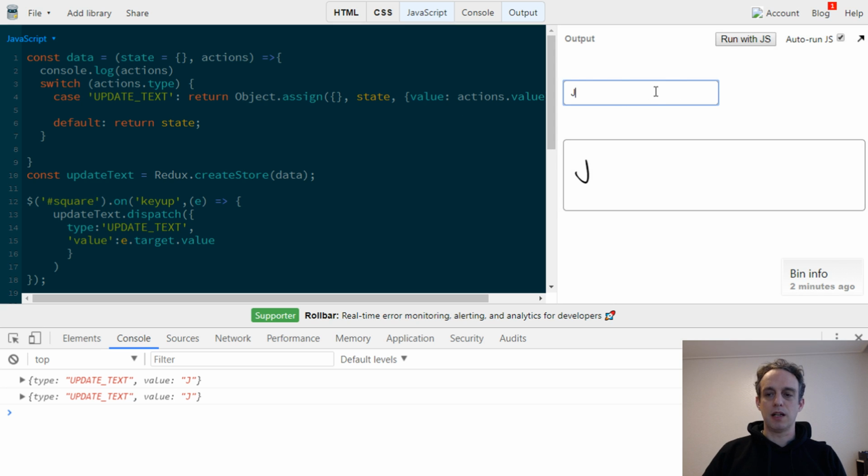This input box here has an ID of square, and then on key up is listening for an on key up. After that, there's a callback function with E passed into it. And then inside of here, we are using the update text, and update text now has a method on it called dispatch. So we use